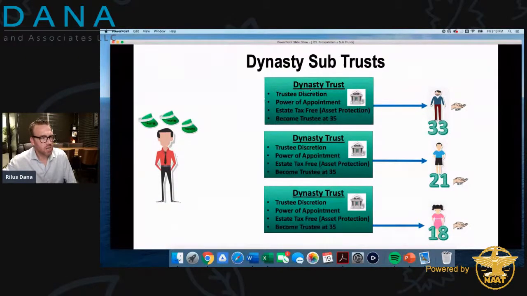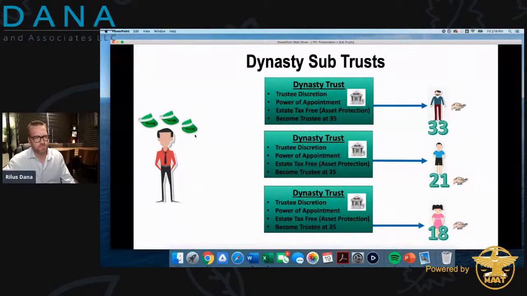Okay, so with the Dynasty Trust, a different trust gets appointed for each of the beneficiaries. So the trustee over here has 3 different trustee hats, meaning he's in charge of each of these Dynasty Trusts. This oldest beneficiary at age 33 gets to become the trustee at age 35. It's the same for all 3 of them. So he's a couple years away. Until he reaches that age, the assets in trust are at the trustee's discretion. So whatever distributions or money he wants to get out of the trust, he'll see